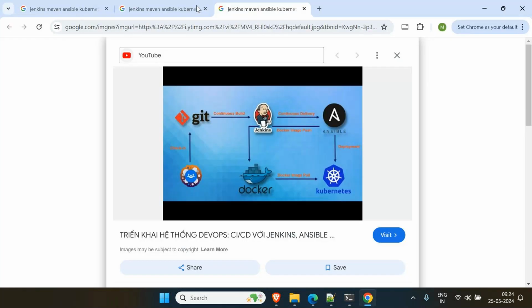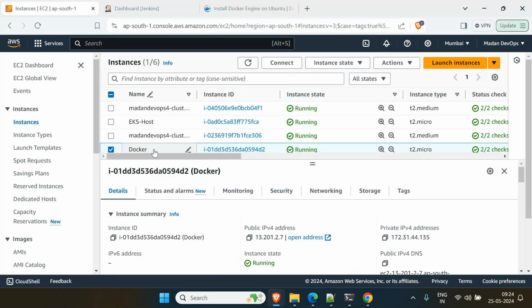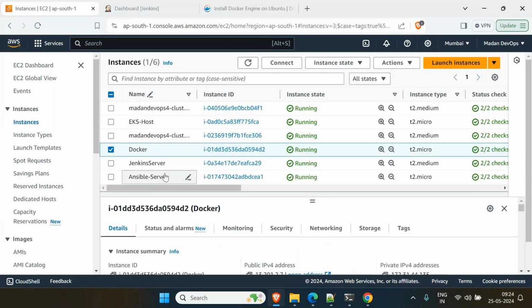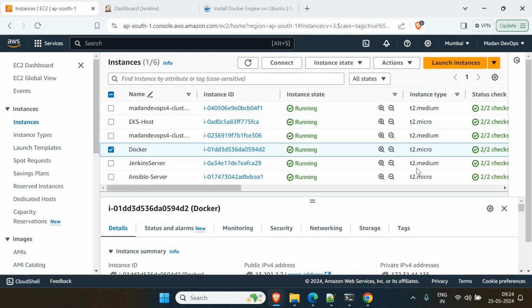Now I have created Jenkins as well on our machine. So all, EKS and everything, is running. Jenkins is also running. I will tell you in the documentation what type of servers. Jenkins should be medium, Docker micro I have taken, EKS is micro, everything is micro. These are the nodes, 2 nodes running, and the remaining are micro, which is enough. Only Jenkins I am taking medium size. Fine. So as per this picture,